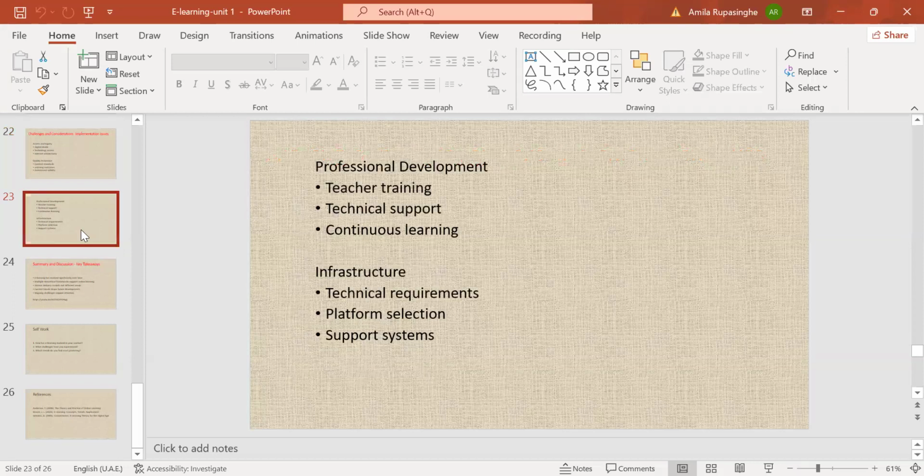Professional development. Now, e-learning is related to education, right? So educators, that means teachers, have to have good professional development on that, because this technology is always changing. Technology is always changing. Day by day, it is changing. So teachers have to be updated. For that, we need teacher training. It's a bit hard, always giving teacher training to lots of teachers, right?